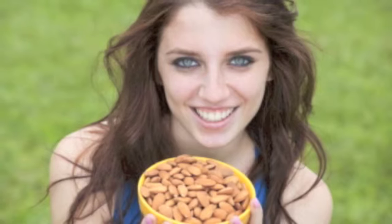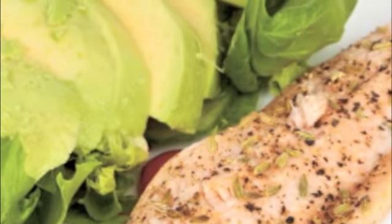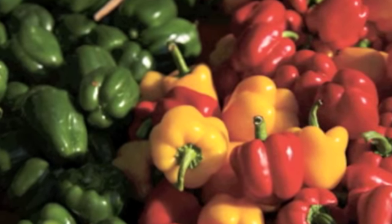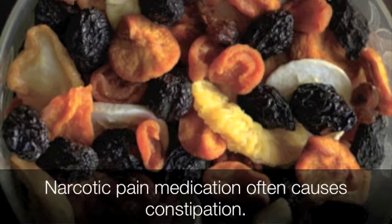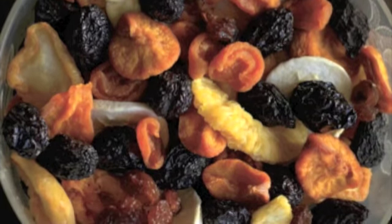Don't underestimate the importance of good nutrition. Your body needs plenty of high-quality protein, vitamins, and minerals in order to heal effectively and efficiently. Try including fish, eggs, nuts, spinach, beans, and a variety of colorful veggies. Narcotic pain medication can and often does cause constipation, so be sure to add prunes and apples to your diet